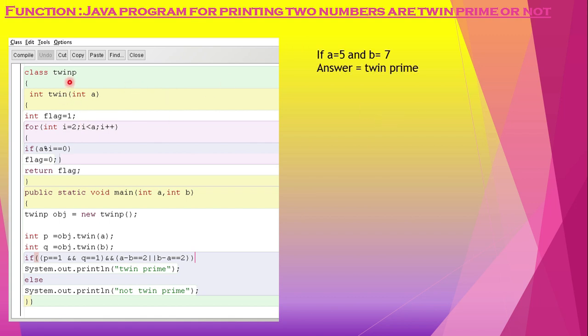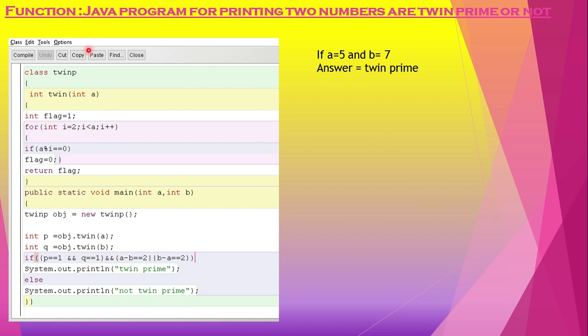Look at here, twin prime. What do I have to check? The common thing I need to check is whether the input numbers are prime or not. 5 I have to check for prime and 7 I have to check for prime. So see, the repetitive work is the prime check, so I am writing a method for checking whether a number is prime or not. The prime number logic you all know. If the number given is prime, then the flag will be returned over here.